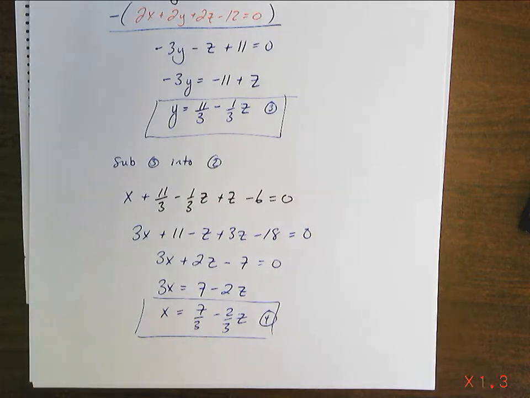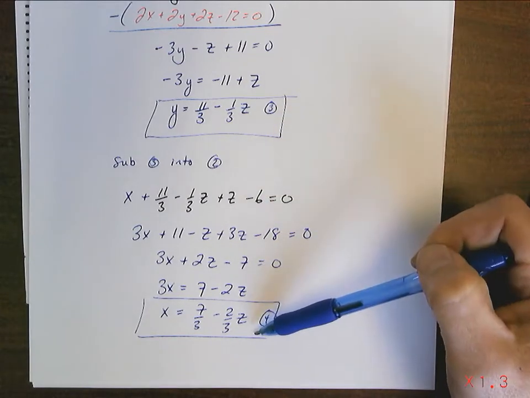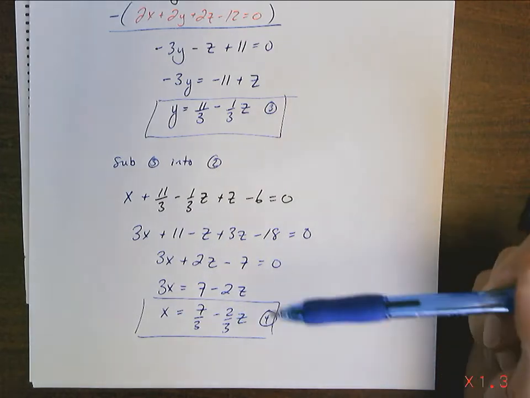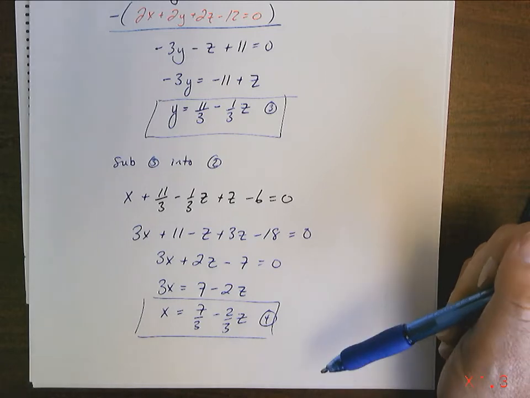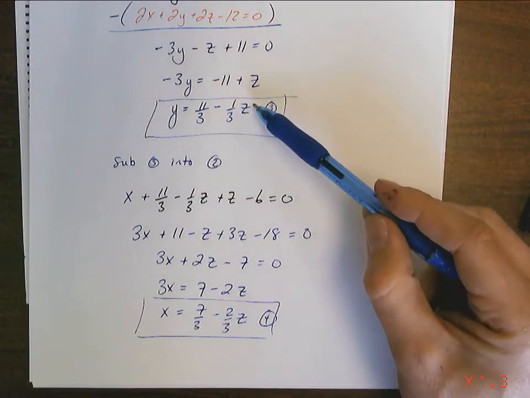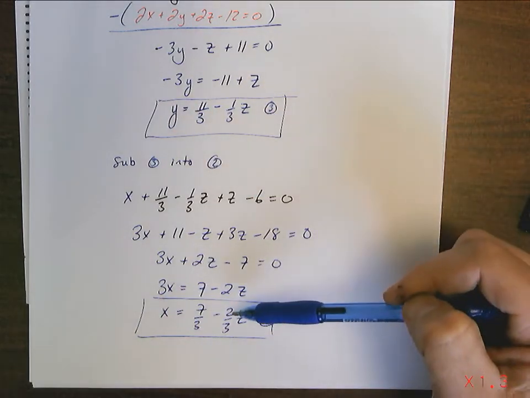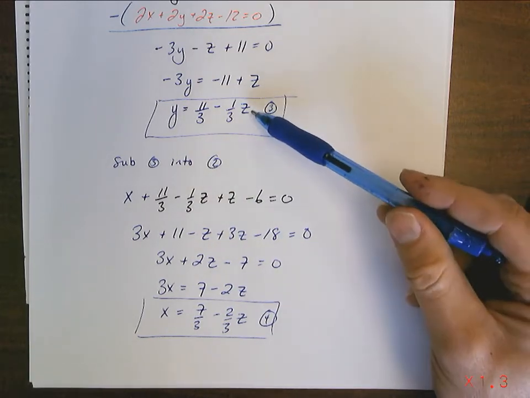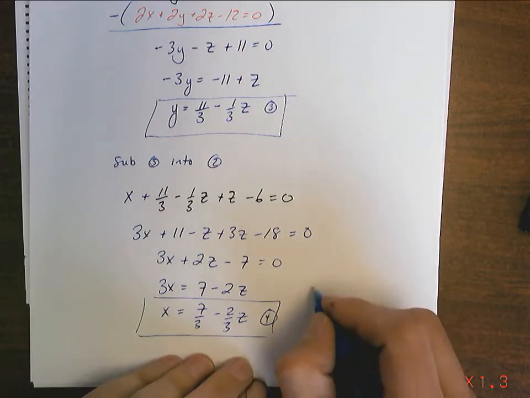Now, as we discussed in class, these are looking very much like parametric equations. The only problem is I've got y related to z, I've got x related to z, and for us to have our definition of a line in vectors, we need a parametric value that we can relate y to. We usually use t, so y is related to t, x is related to t, and z will be related to t. So what we're going to do here is introduce this parametric value,